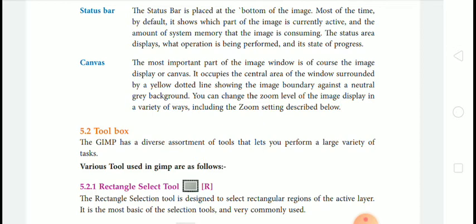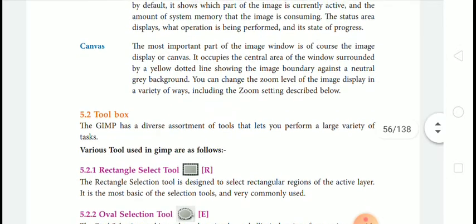Means the status bar is always placed at the bottom of the image, and by default it shows which part of the image is currently active and the amount of system memory that the image is consuming. The status area displays what operation is being performed and its state of progress.